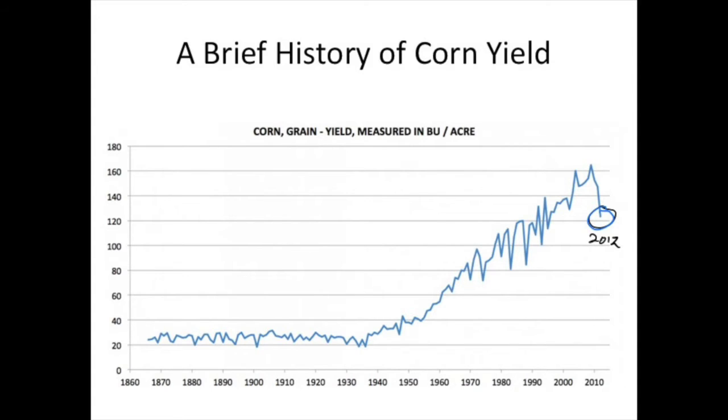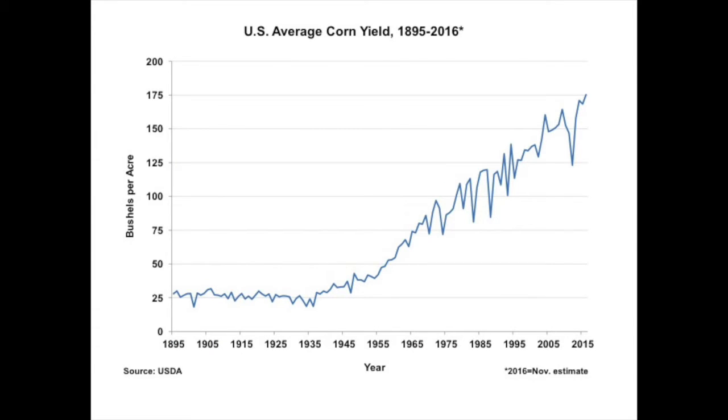Let me update that graph, and now you'll see the same graph, except now I've added years for 2013, 14, 15, and 16 here. You see 2012 is still below trend, but the remainder years bounce back, and we are now back on higher yields. So again, occasionally we have droughts in the Midwest. Primarily, corn and soybean yields are impacted by what happens in the Midwest. So when we have a drought in Illinois and Iowa, those national yields go down.